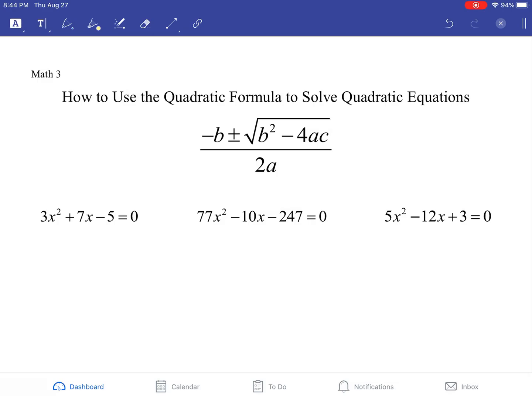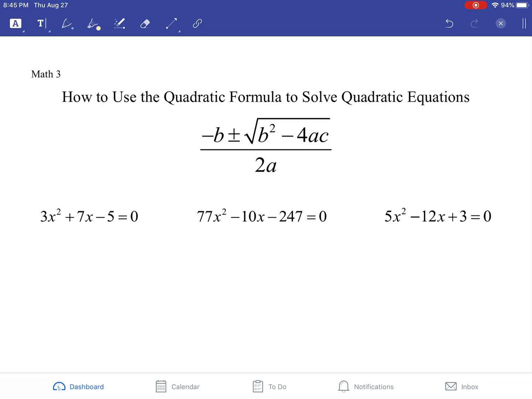Hi, this is a Math 3 video on how to use the quadratic formula to solve quadratic equations. There's many reasons why you might want to use the quadratic formula. Number one, maybe the equation is not factorable. Number two, maybe it is factorable, but it's just really ugly and you don't want to try and figure out the factors. Or number three, maybe the quadratic formula just seems like the easiest method out of all the ones